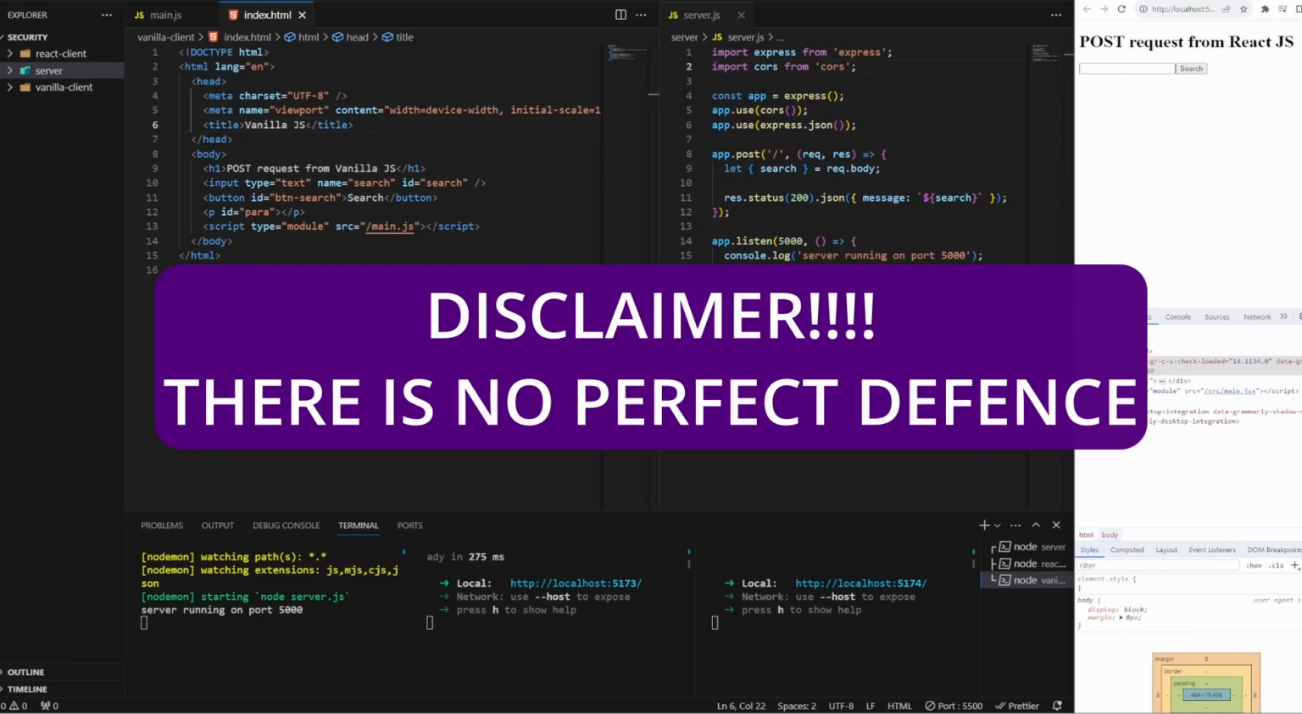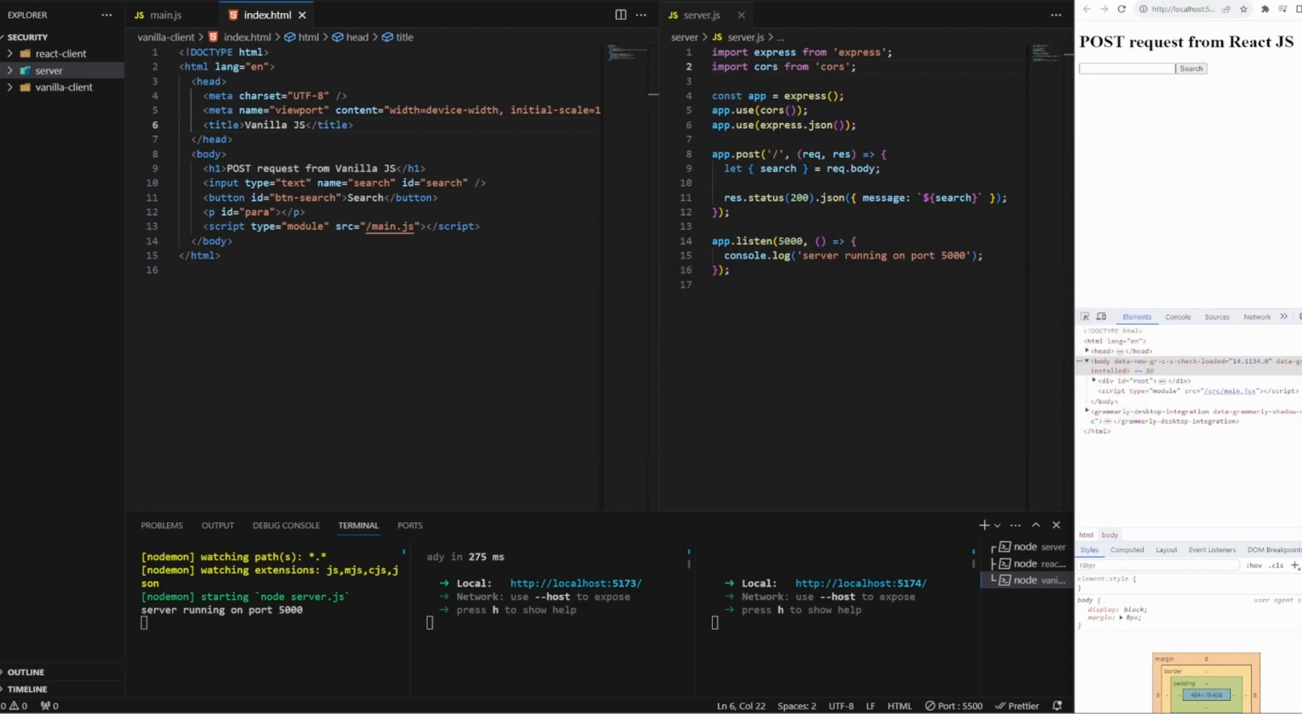Big disclaimer: there is no such thing as a perfect defense. These steps that I'm going to show you won't protect you from everything, but they will protect you against the most common forms of cross-site scripting attacks and form a good foundation for further security measures. So if you're looking to be a full stack developer, I would fully recommend watching this through and incorporating these